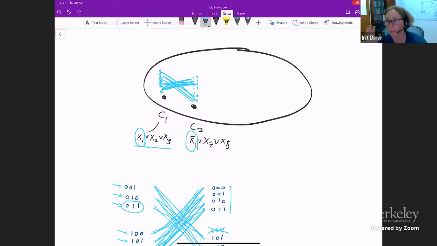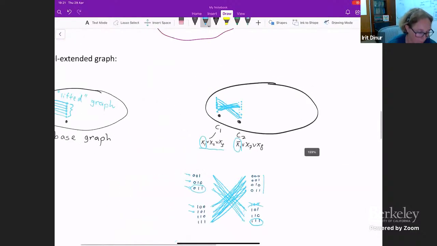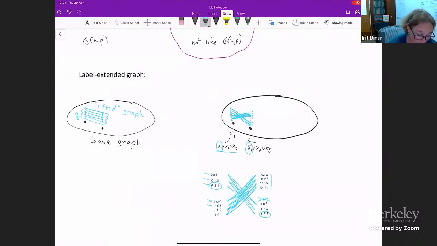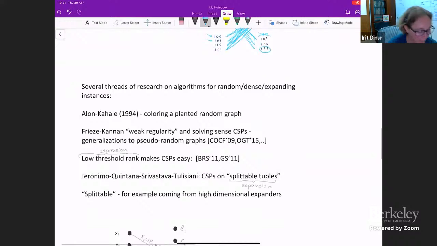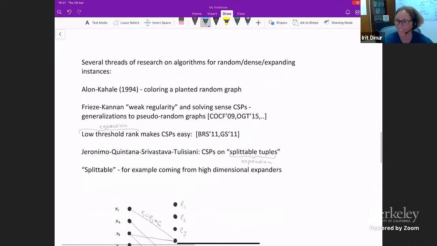And on this graph, I should ask myself about its spectral behavior. However, the non-expansion of the graph that comes because you can look at all clauses containing a single variable is still going to be a problem, no matter if you have 3-SAT or not-all-equal or 3-LIN. So none of the spectral algorithms are expected to work in this case. I have to say, though, that in recent years there is some work. But you can ask me later about it. Let me instead say some stuff that I plan to say.